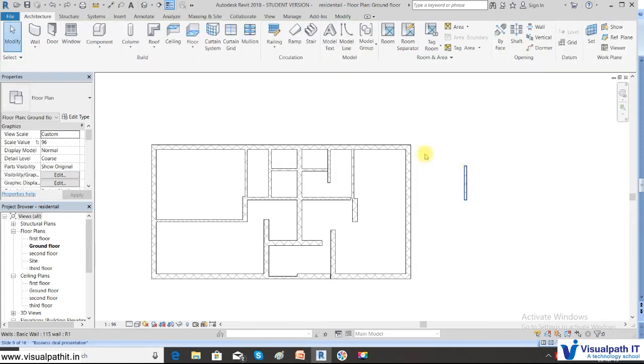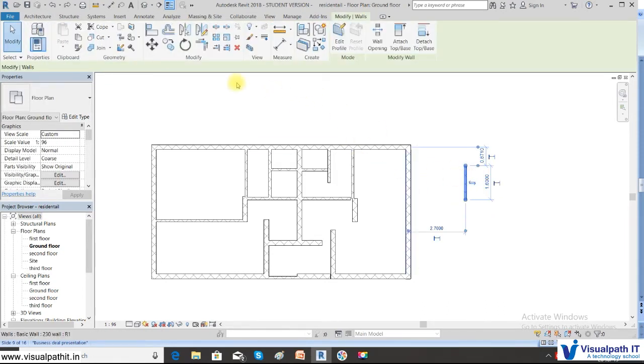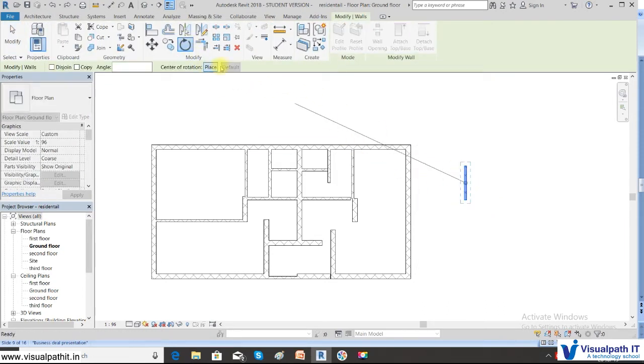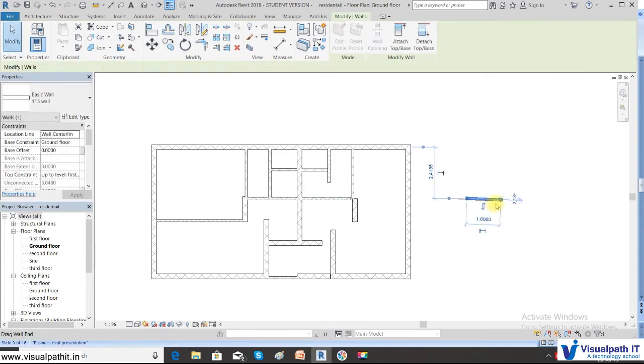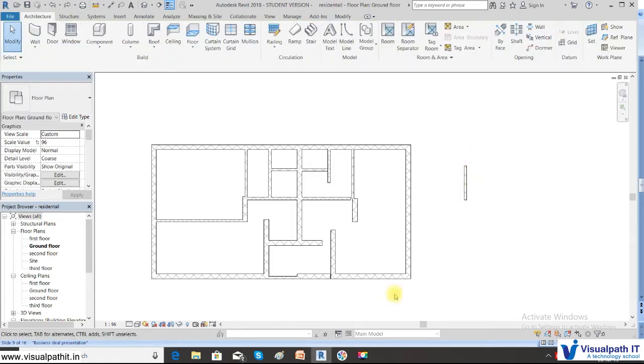Once again, let me just do it. Say rotate. Place the center of rotation. So I am placing it here. Now you can see that whenever I click, the place has changed, and now you can select the option to rotate and change the orientation of the element. So in this way the rotate will happen.